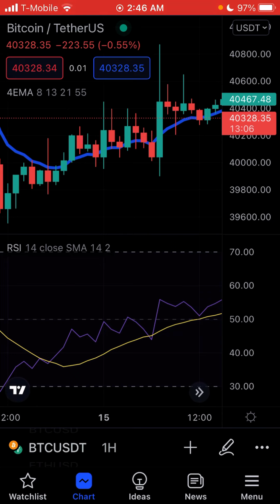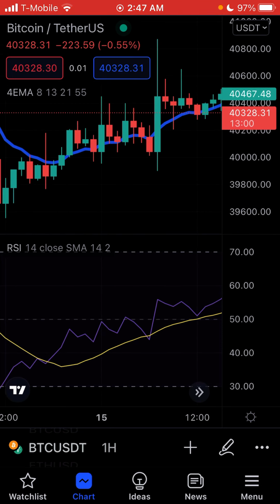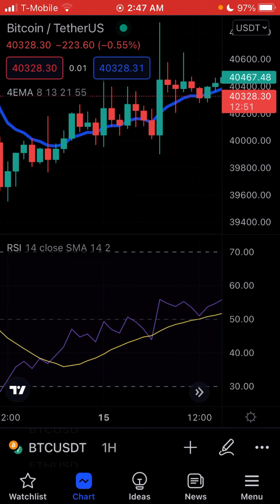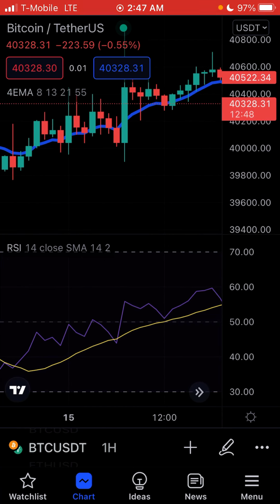So look for a green candle on top of this blue line. If it's hovering over it like this, then that's also good. The more it's on the other side of the blue line, the better. So what you can tell right here is, once it's kissing this blue line,